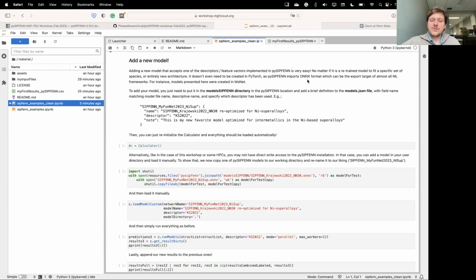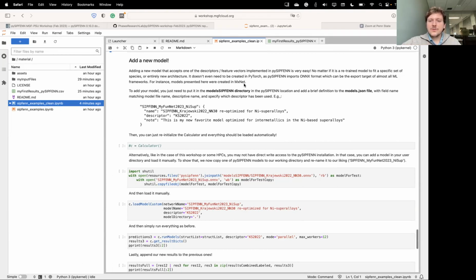or you can use another flavor you want. You can use TensorFlow, you can use Keras. In the case of PySIPFENN, we actually used MXNet, which is much faster, or was much faster in the last few years compared to PyTorch. But PyTorch is much easier to run, and that's why we are using it to distribute our tools to